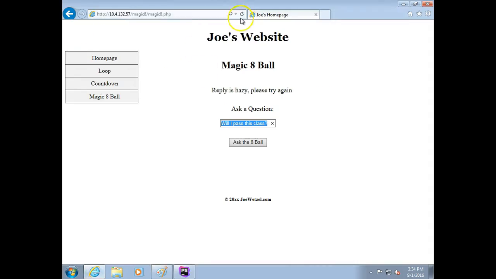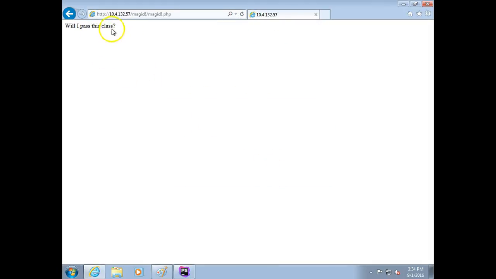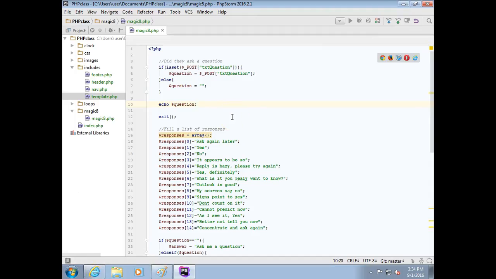So I'm just going to refresh here. I'm going to say retry. Will I pass the class? So the last digit actually is a question mark. What we can do is we can actually substring things and peel it apart. So by doing a substring,